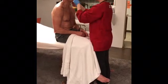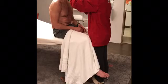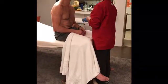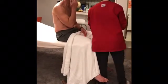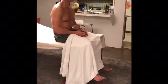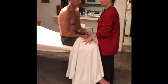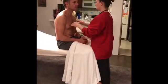Go ahead and stick your tongue out. Looking at all sides of the tongue, making sure you don't see any lesions or lumps or any problems. I don't see anything at this point. Now I'm gonna move on to the neck and the lymph nodes and check for symmetry of the neck and